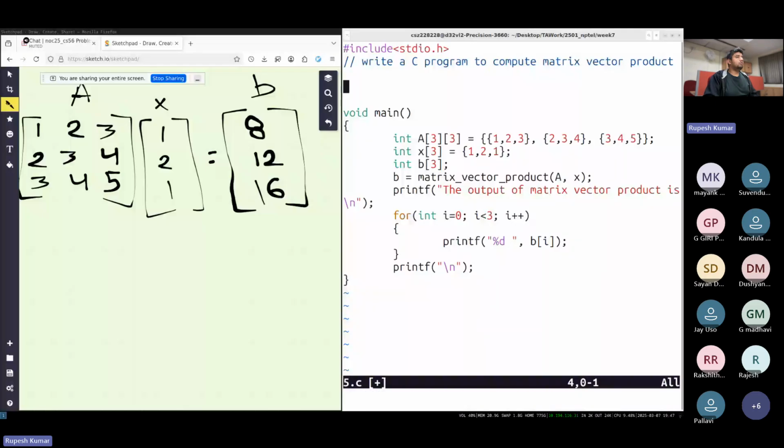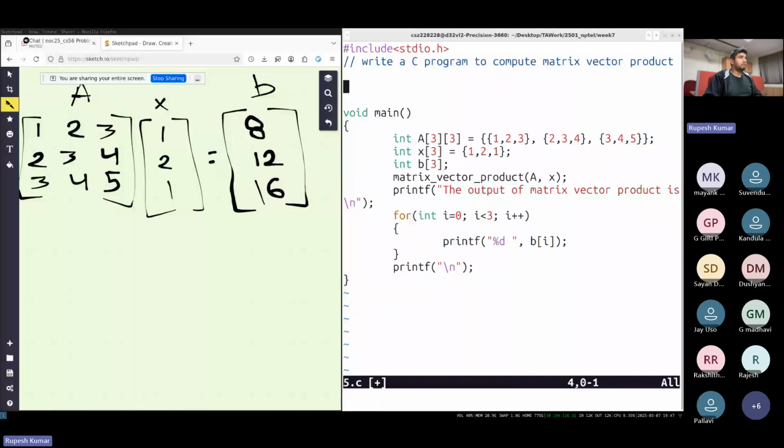So yeah, first thing I want to tell you guys is we can't return vectors directly from C functions, and that would require some higher, more complex logic involving pointers that I want to ignore for now. So let's do one thing. Let's not return any value from the function. Let's print the output of the matrix vector product onto the screen from the function itself.